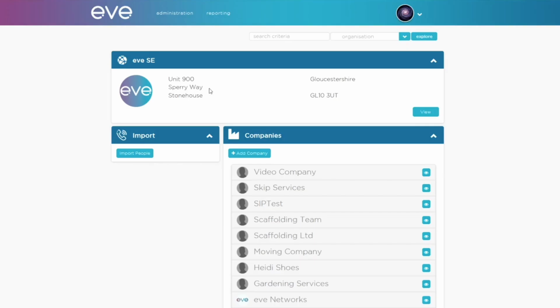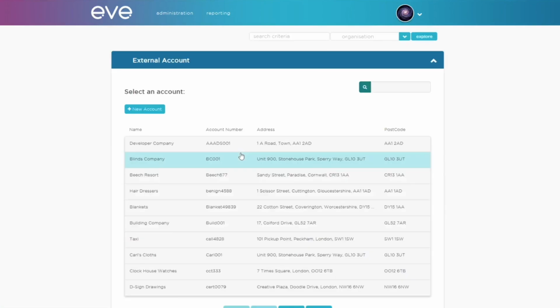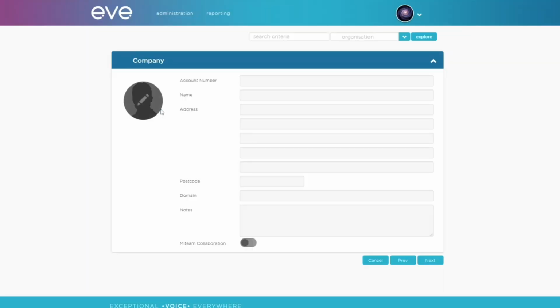To create a new company on the Eve portal, you'll need to head over to the portal homepage and click on the Add Company tab. This will take you to your account screen, which lists all of your existing accounts. If you're looking for an existing company, search for them in the search box on the right-hand side. If it's a brand new customer, click on the Add New Account button to the left and enter the details